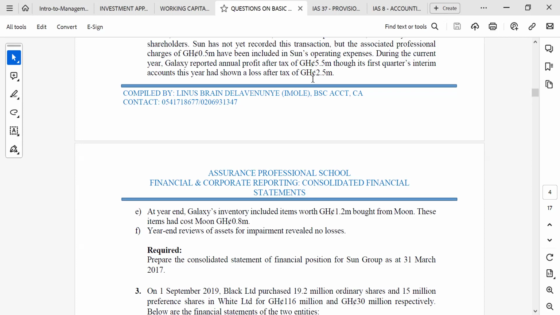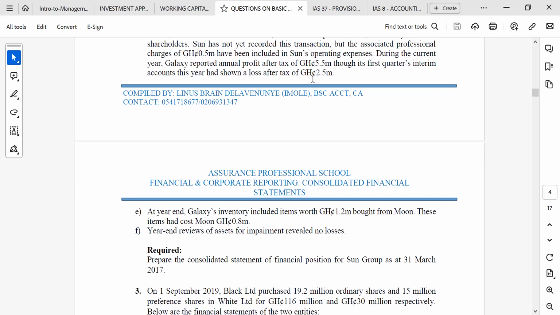Moon is the subsidiary, and Galaxy is the associate. Whatever transaction is happening between them will be treated as if it is between the parent and the associate. But the unrealized profit element over here will be given to the subsidiary, because they are the ones